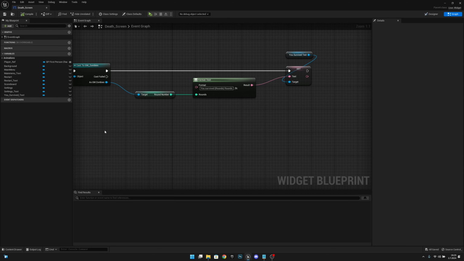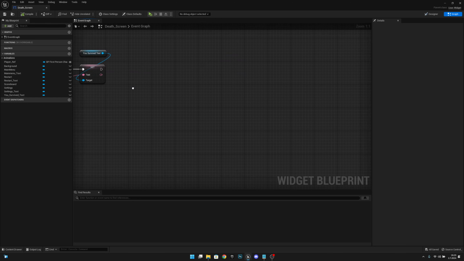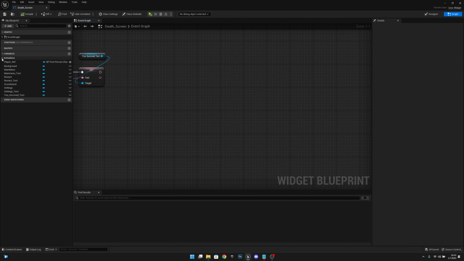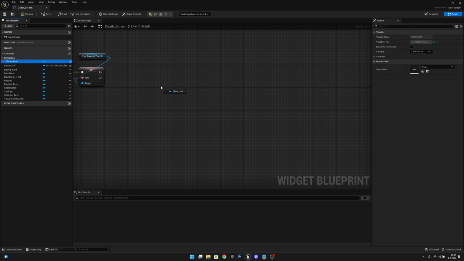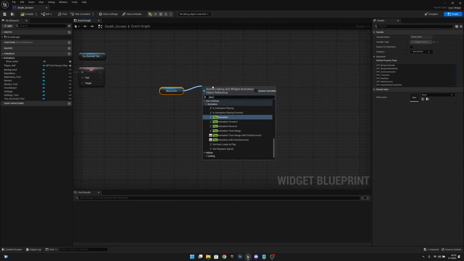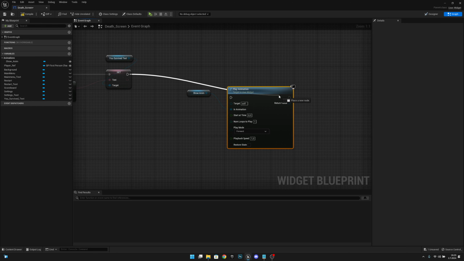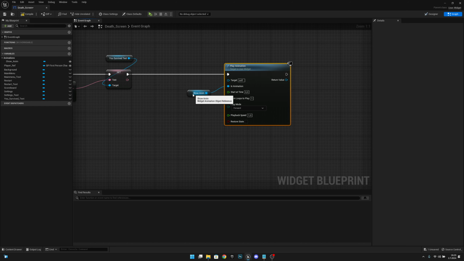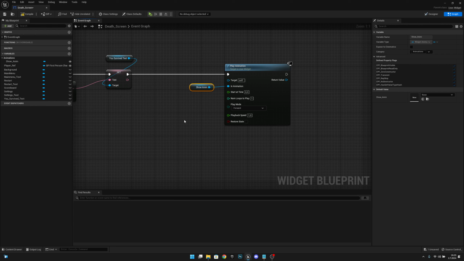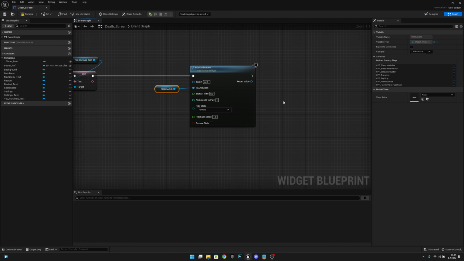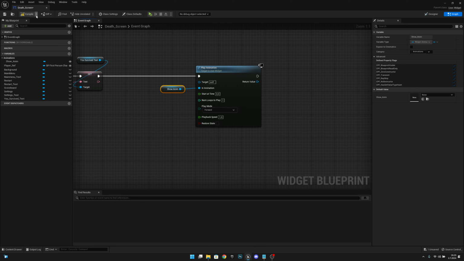After that, what we want to do, we want to open the animations from the variables tab and get the show animation. And from here we want to get from it, and we want to play animation. Then we want to get from here like that, and everything actually can be like that. Yeah, yeah, everything is correct here. Let's compile and save. So the next thing what we want to do